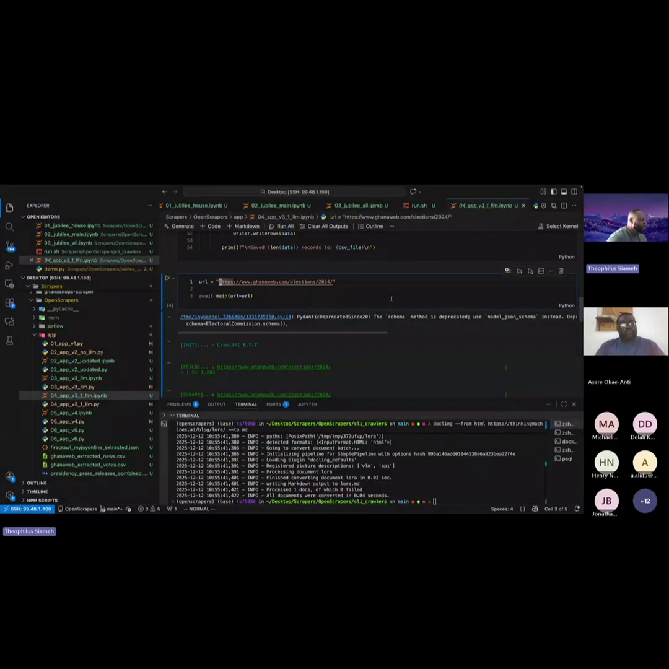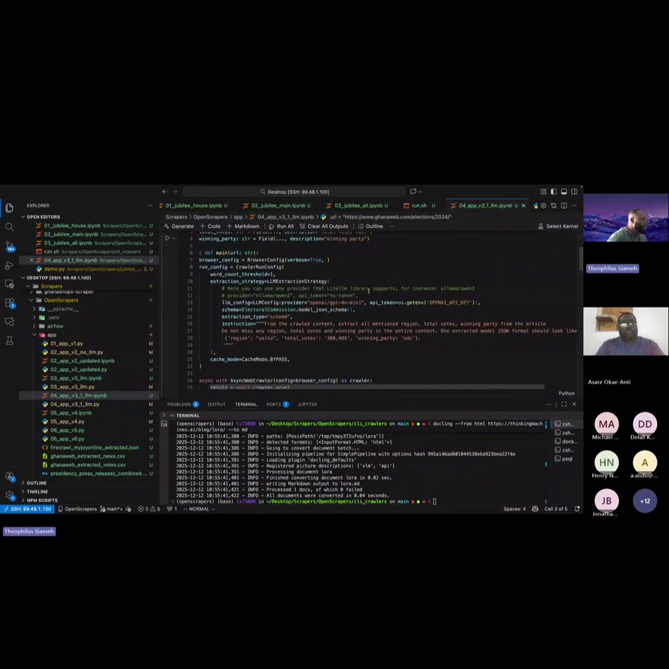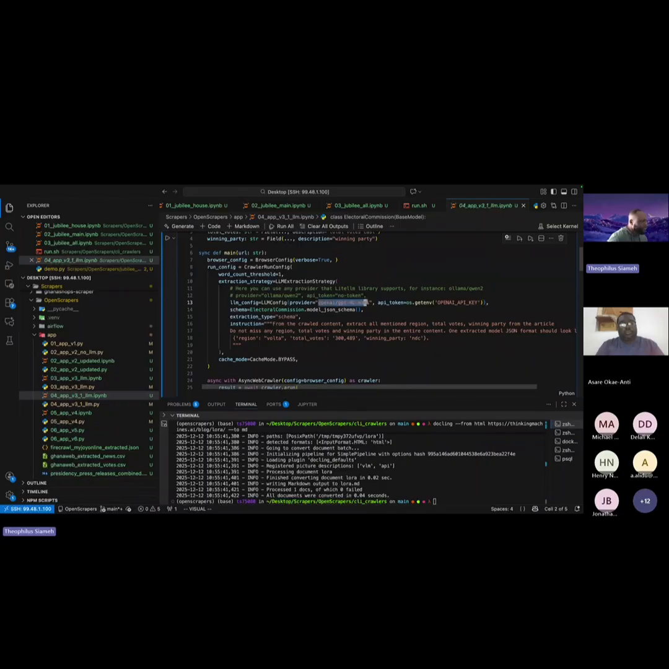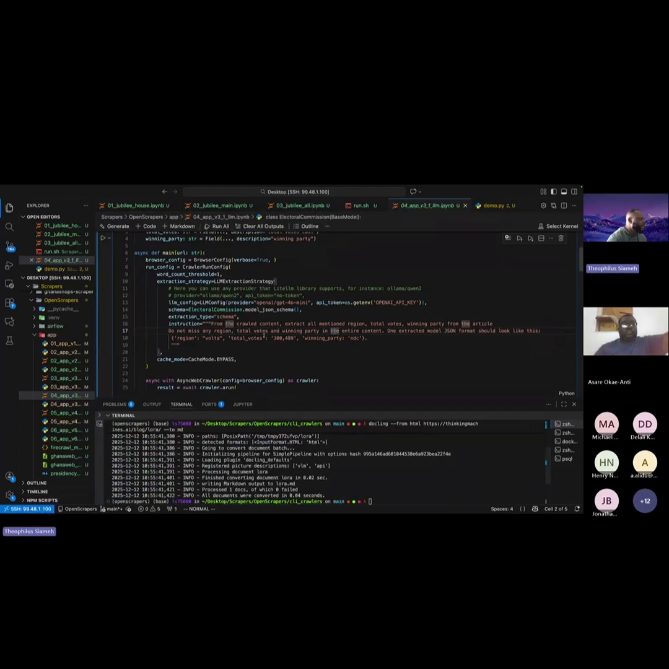So I developed this scraping tool using an LLM, and I'm actually using OpenAI GPT-4o, but again, you need an OpenAI API key. So I'm just telling the AI that it should crawl the content and extract region, total vote, winning party from the article. Do not miss any region, total vote, winning party in the entire content. Once extracted,